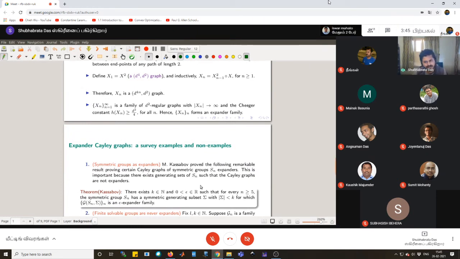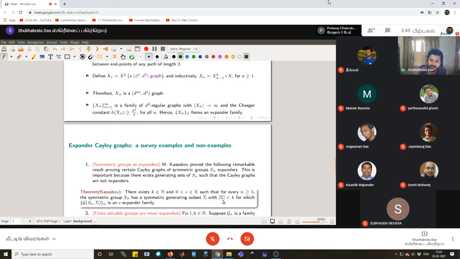And in this case, for symmetric groups, he constructs a generating set for Sn of bounded size, of course for n greater than or equal to 5, so that for certain k and epsilon, the family of Cayley graphs of Sn with respect to that generating set of bounded size, that's an important thing,